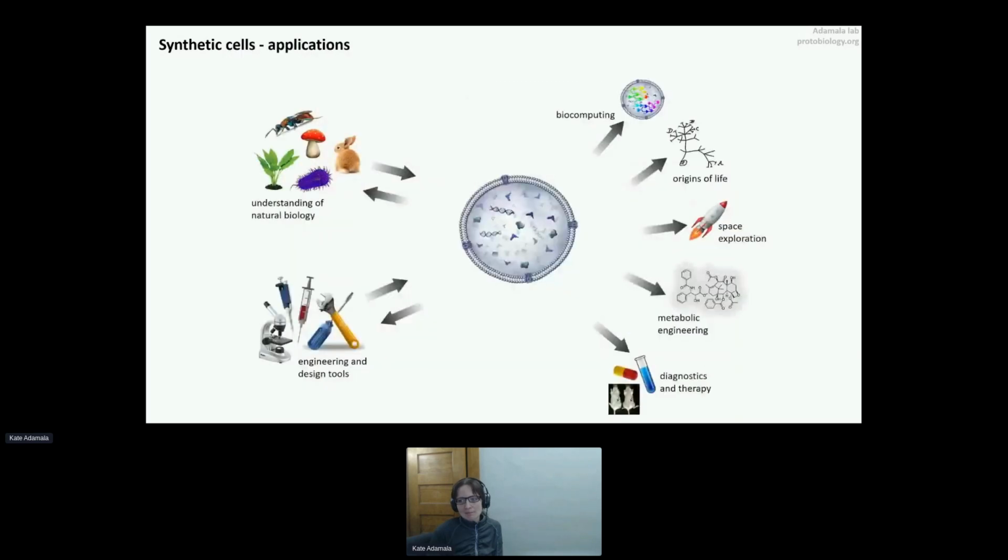Not just my lab, but everyone in the field is really excited about the applications that you can get out of it. There is this incredible interplay between cells that you can build and what you can learn about building cells. If you build a certain functionality, like for example, the talk we just heard in this session, cell division mechanisms, if we can build a cell division mechanism in a synthetic cell context, then we'll be able to learn more about natural cell division, but we'll also be able to have a synthetic cell that divides.